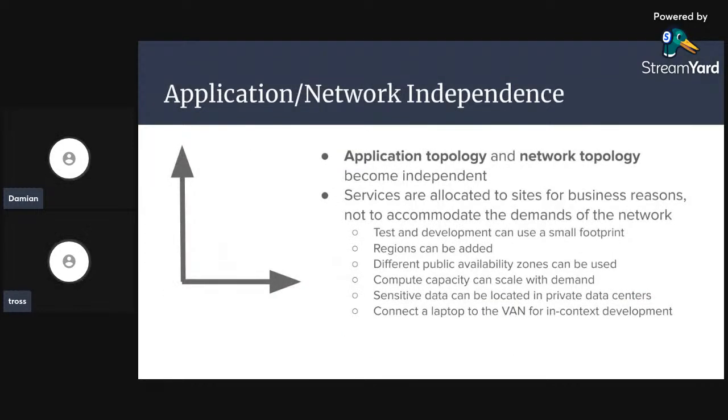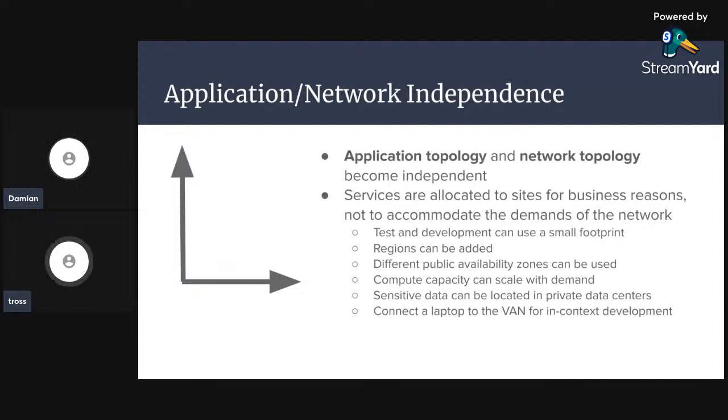All right. So what does this give us? It gives us the ability to consider the application shape to be orthogonal and independent of the network shape. This is an important idea because we want to allocate services into the topology for business reasons, not for technical reasons. I don't want to have to put a server in a big server farm because that's where servers go. I want to put a server where my customers are going to use it, or I want to put my computes near where the data is that they're going to be computing on,